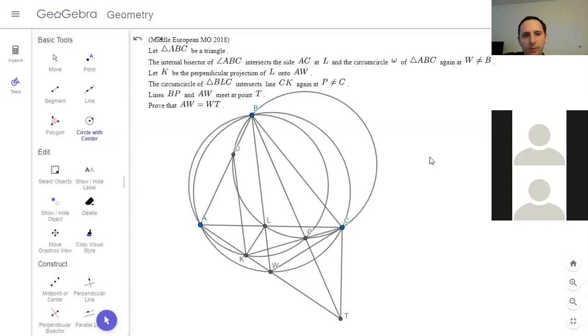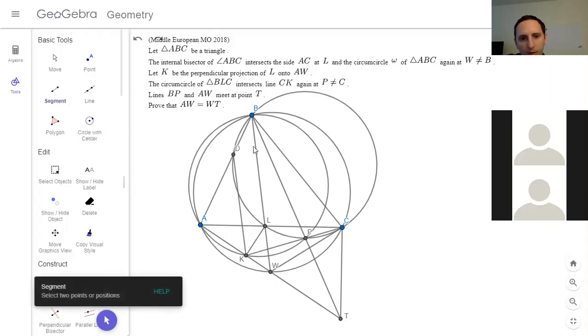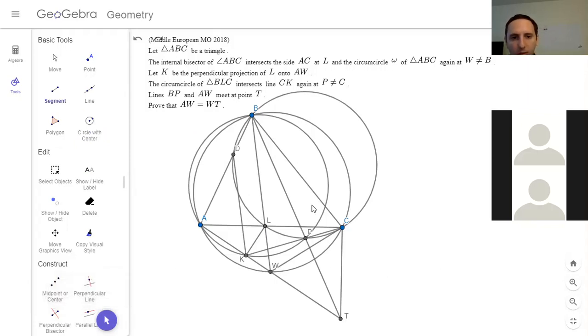So yeah, that's the same as showing L is the midpoint. Oh, but we know that because L is the midpoint of arc CD, since BL is an angle bisector. And since L is the midpoint of arc CD, AT is probably parallel. So yeah, okay. I think we've got it. Wait, so